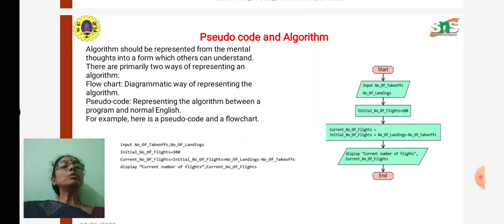For input and output we use the parallelogram, and for the process we use rectangles. These symbols are frequently used in algorithms, and for checking we have diamond shapes. So based upon the problem given, we have to calculate the number of